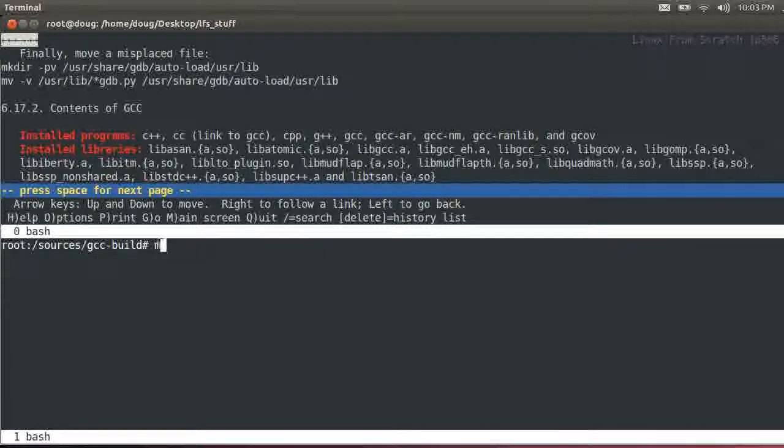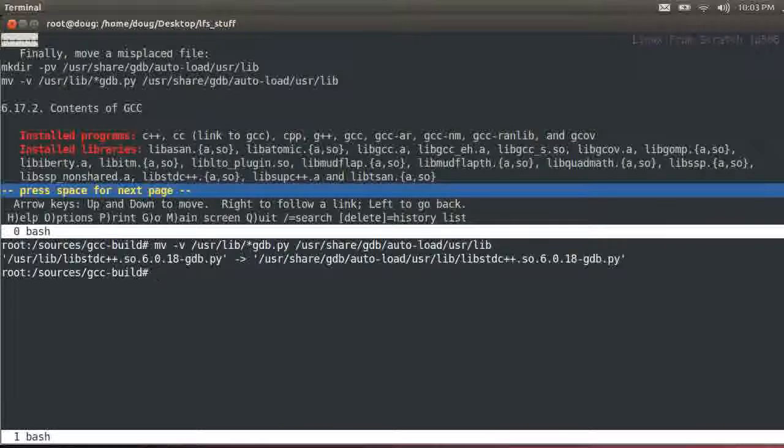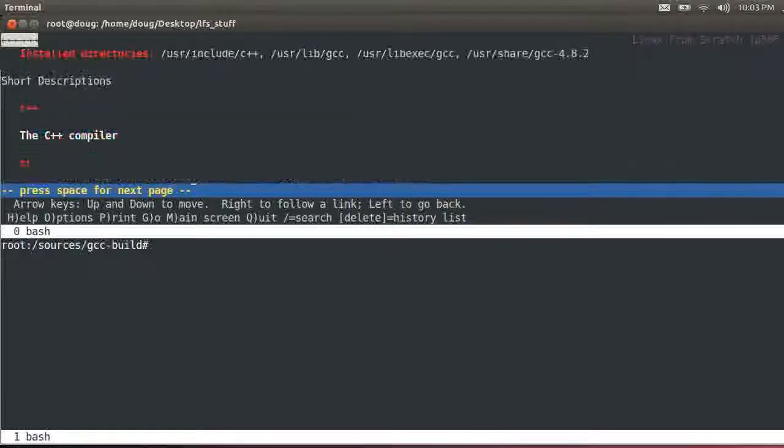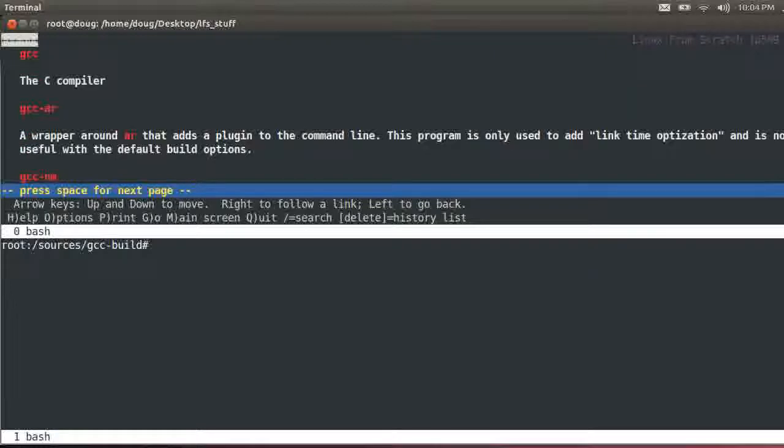Okay, move /usr/lib/*gdb.py to /usr/share/gdb/auto-load/usr/lib. Good. Alright. Thank goodness.